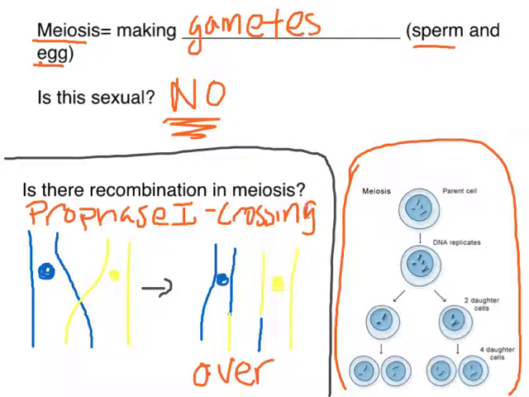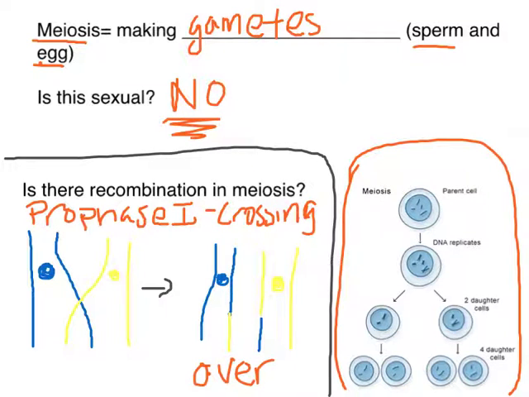Okay, crossing over. Crossing over involves paired chromosomes, which is what you're seeing here. I did one in blue and one in yellow, so you can see the different colors. This is called a tetrad, which is written in your notes. That's a tetrad because you have 4 chromatids from 2 chromosomes.